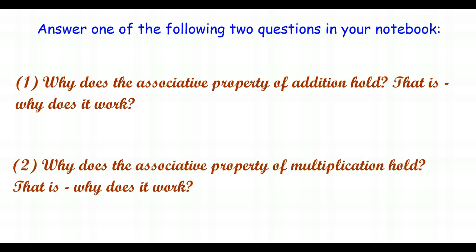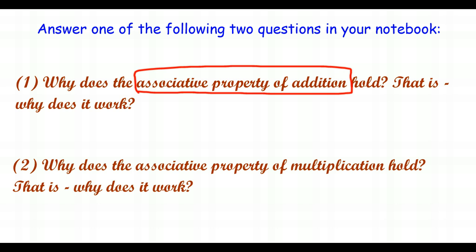And what I want you to do is answer one of the following two questions in your notebook. The first question is, why does the associative property of addition hold? When we say, why does a property hold, we mean, why does it work? Why is it always true? So on one hand, I want you to think about the associative property of addition and write down some thoughts on why you think this property holds. It doesn't have to be anything formal, but I want you to write down some thoughts and see if you can justify to yourself and then eventually to your classmates when you get to class